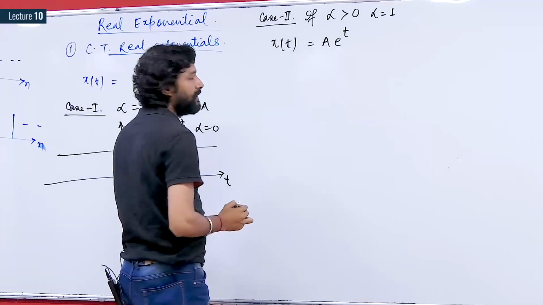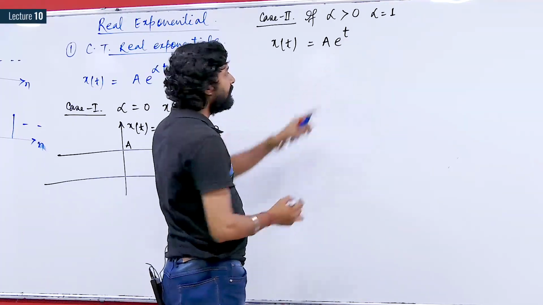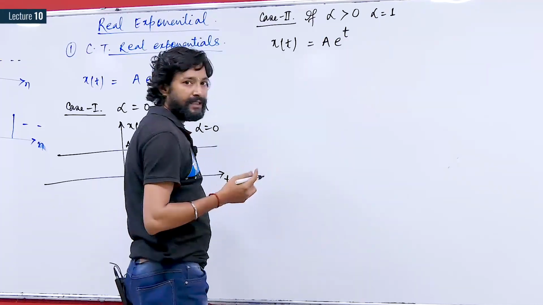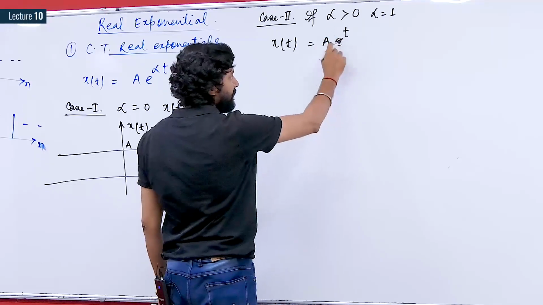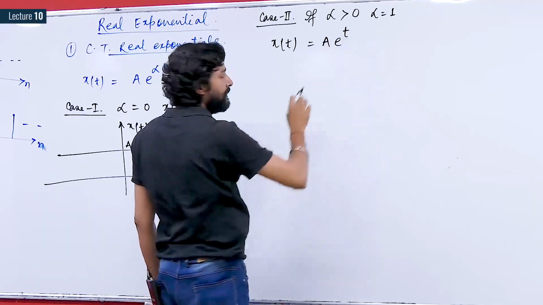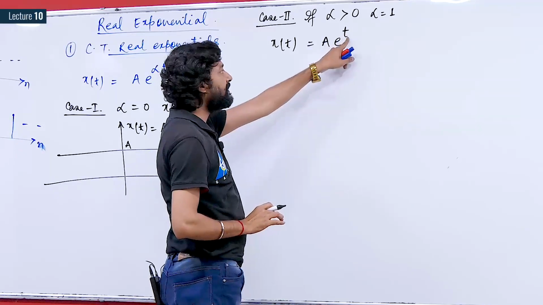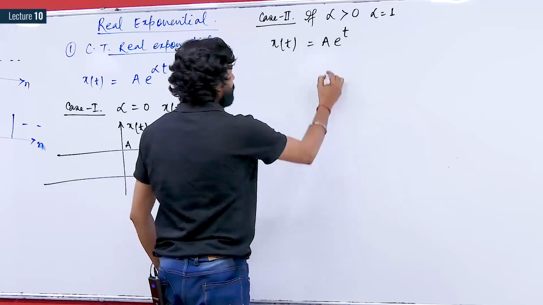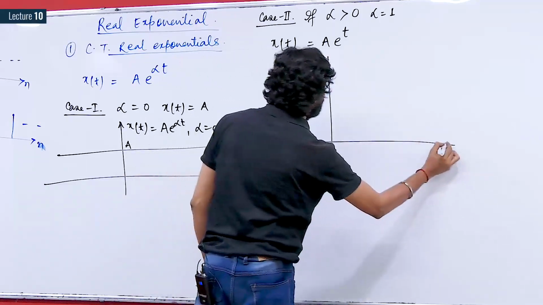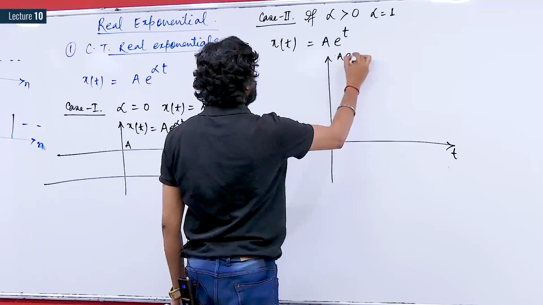Now if you see this function, if you take t positive, then e is approximately 2.73, which is greater than 1. If you take increasing values of t, then this function will be increasing. Now if we plot this signal a times e to the power t with respect to t,